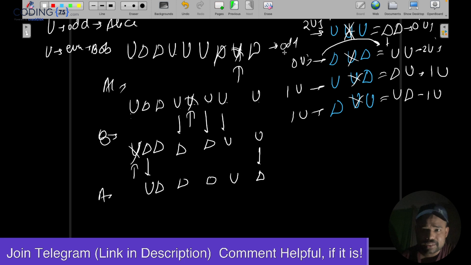So look, here there will be an odd number of U's. But after that operation, if you see here, it is even. But this even is for Bob. But Alice wants odd now. Now when Alice again has a turn, you can see again we have an odd number of U's only, right? Which is 1 and 2. Okay, wait.